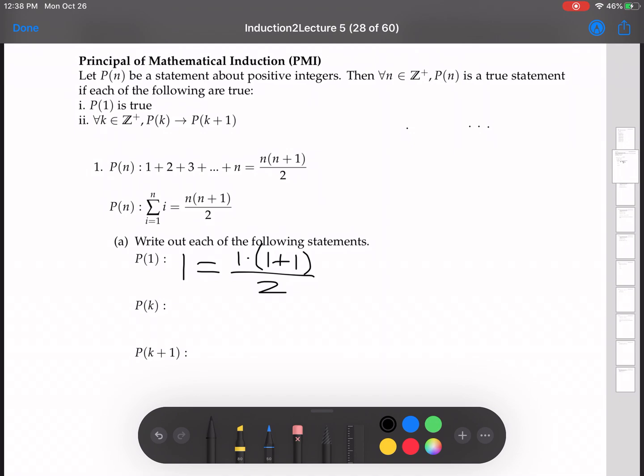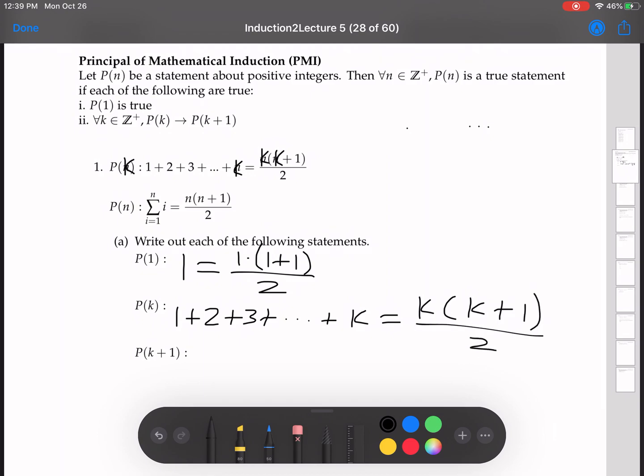Now P of k is just simply putting the k in wherever you see an n. So this will be 1 plus 2 plus 3 plus k equals k plus 1 over 2. And P of k plus 1, same thing. Wherever you see an n, put in a k plus 1. 1 plus 2 plus 3 plus